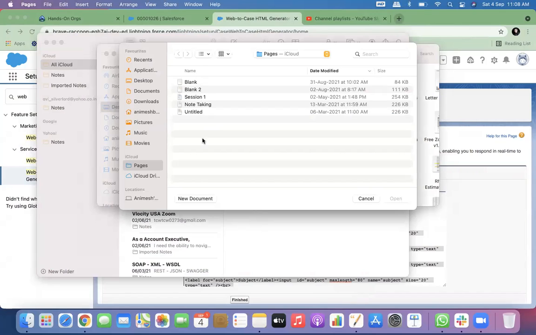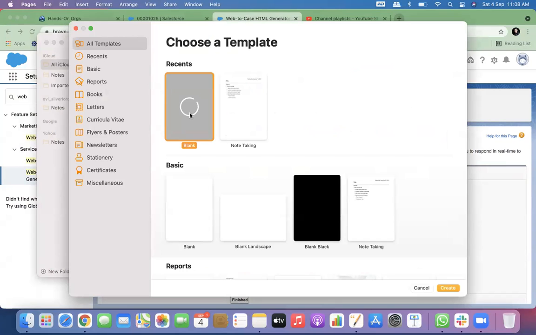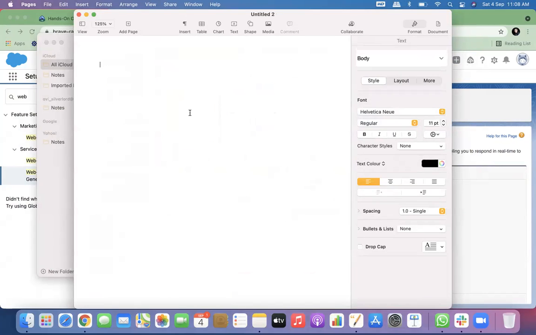Anyway, that's fine. So if I say pages, new document, paste it.